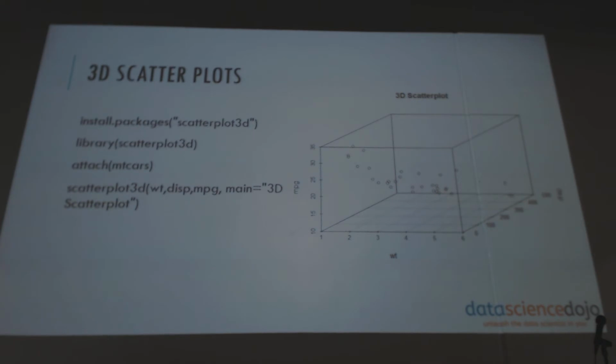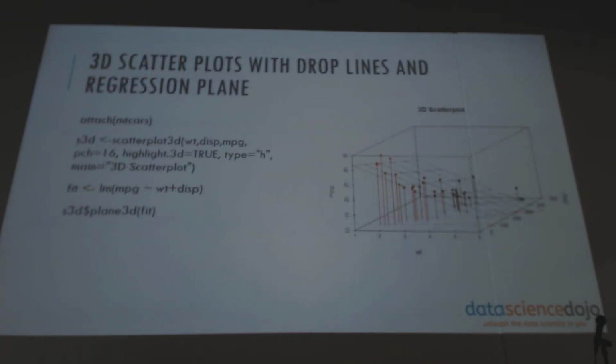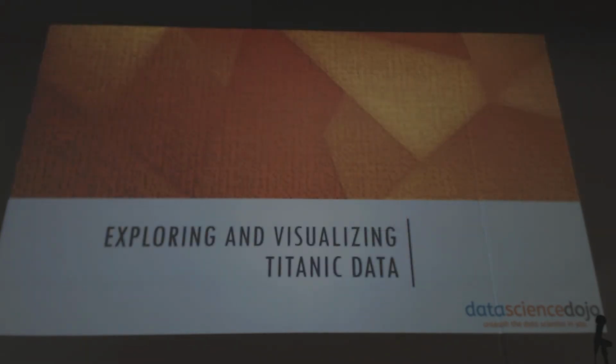And this is 3D scatter plots. Again, the code is there. I don't see any use for that, but you can look at it if you want a correlation of 3 variables there. And then this is another one with a regression plane. Okay, so we are there finally, 640. Okay, so now,